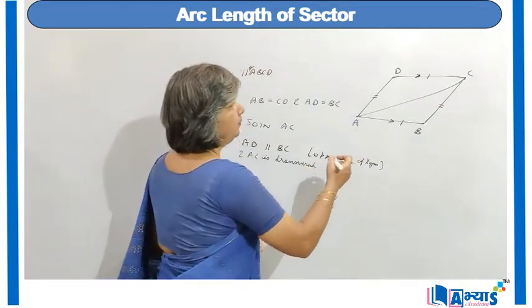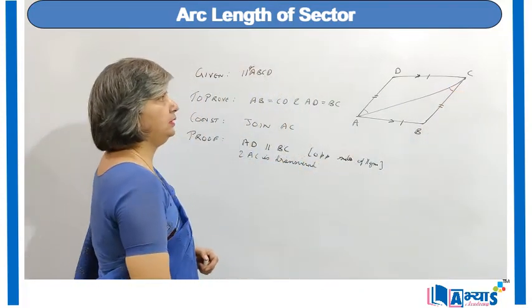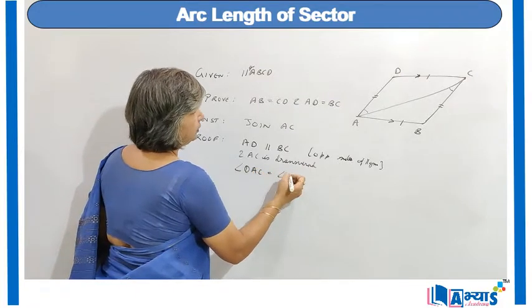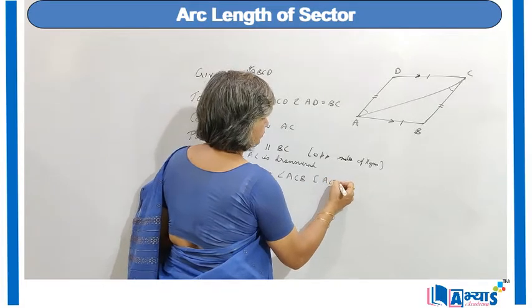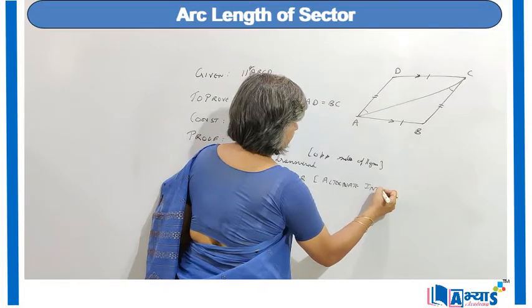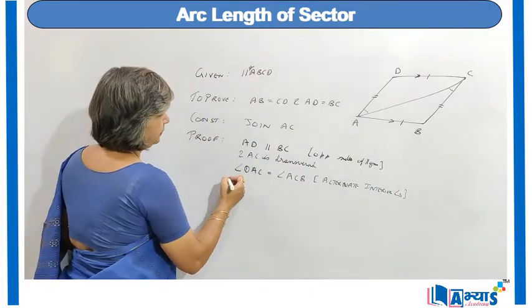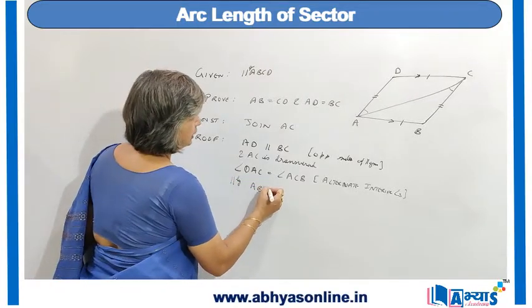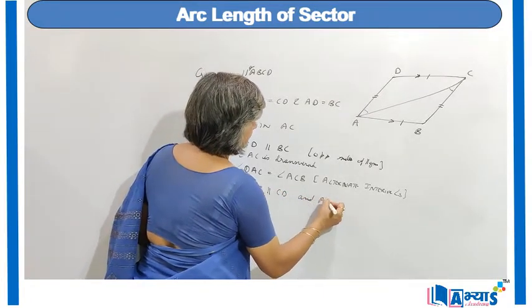So we can say that angle DAC is equal to angle ACB. Alternate interior angles. Similarly, AB is parallel to CD and AC is the transversal,